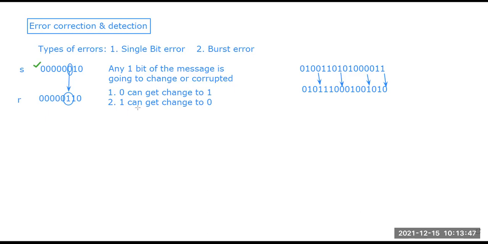So in single bit error, only one bit can change, and it happens when the transmission is for a shorter time period. But when a longer data transmission is happening, the noise has full power to affect the data bits, and then multiple bits can be changed. This process is known as burst error. So in the case of burst error, the noise plays an important part in corrupting the data bits of the message. Right.